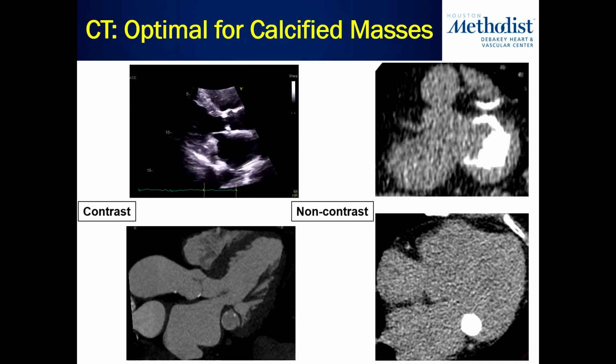This is what it looks like with contrast on the bottom left side of the screen. But what's really helpful is the non-contrast CT scan. Here you can see that calcium shows up in these structures very nicely. You can see this is a very densely calcified lesion,